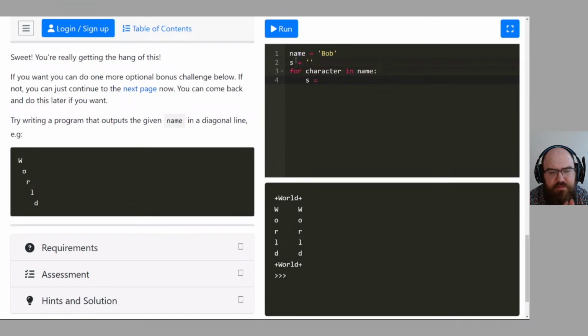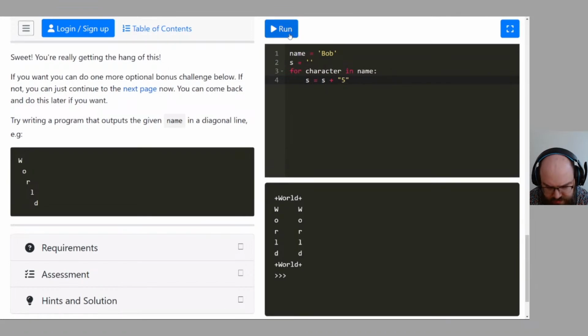So you want me to add the number 5, or the string containing the number 5? I want you to build up strings, so s equals s plus something, and that something is a 5 in quotes. Yeah, the number 5.